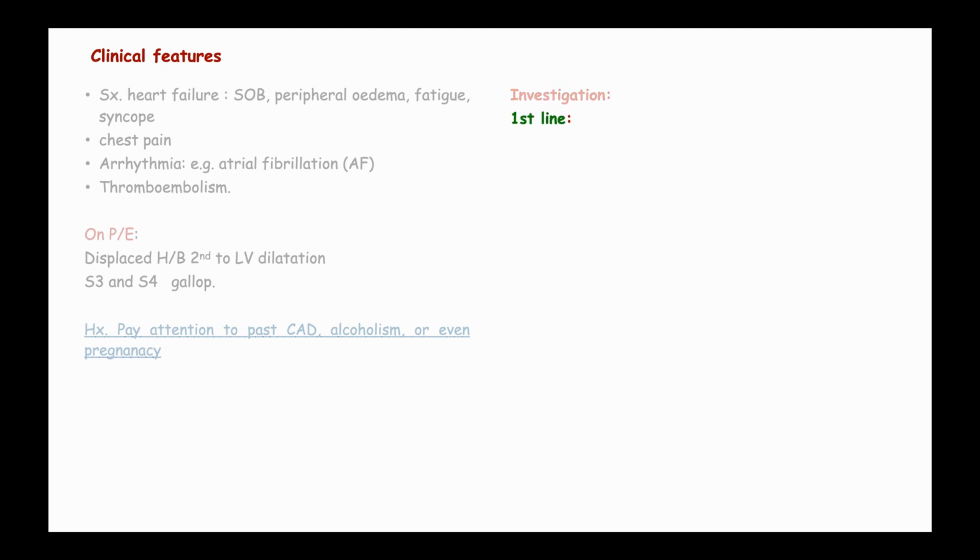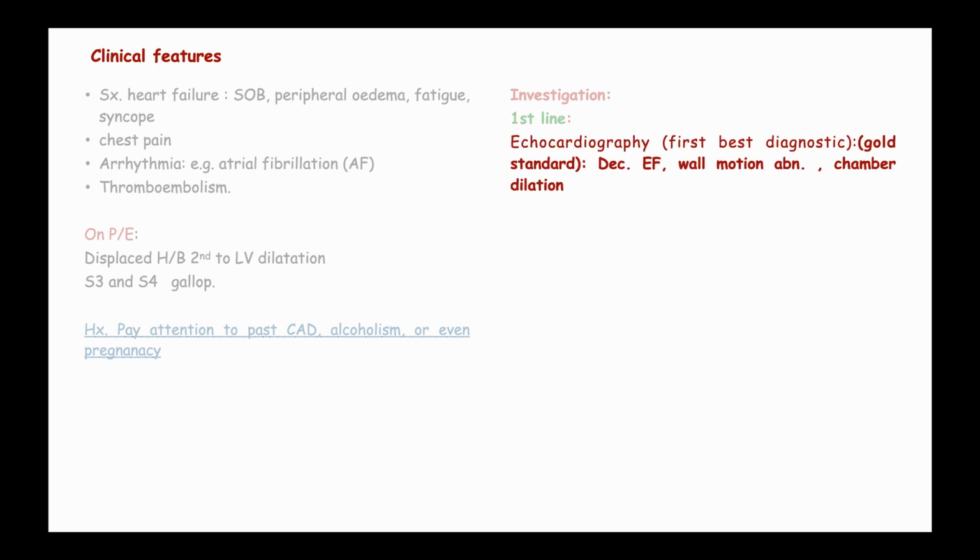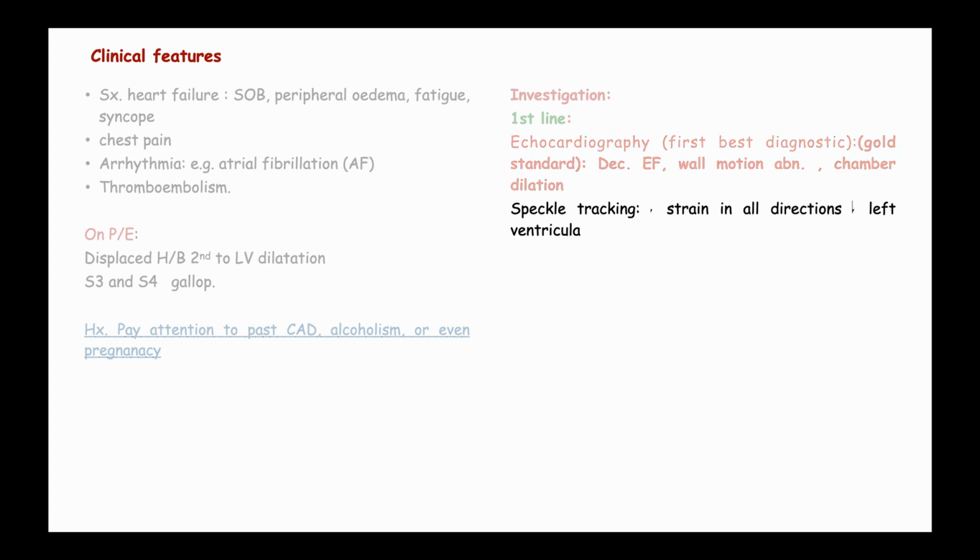The first line of action that we must take is the echocardiography, as we saw in the general description of cardiomyopathy. We said echocardiography is the first best diagnostic step, and it's actually the gold standard in the diagnosis of dilated cardiomyopathy. It shows as a decreased ejection fraction, wall motion abnormalities, as well as dilatation of the cavity of the left ventricle. We may also use speckle tracking, and speckle tracking will show us decreased strain in all directions, as well as